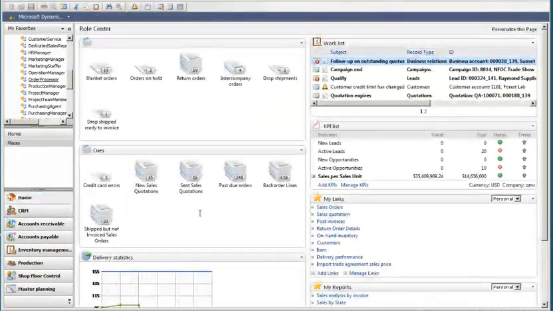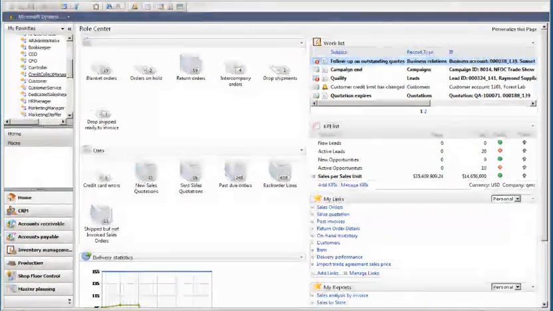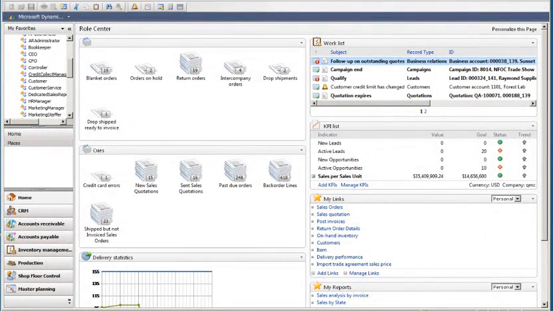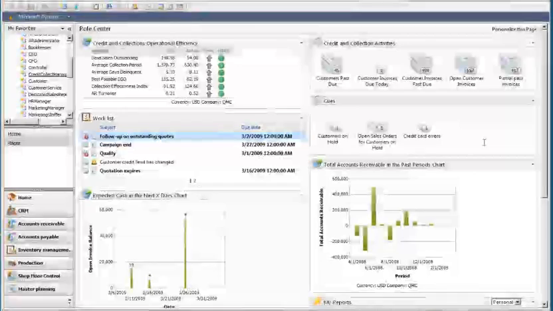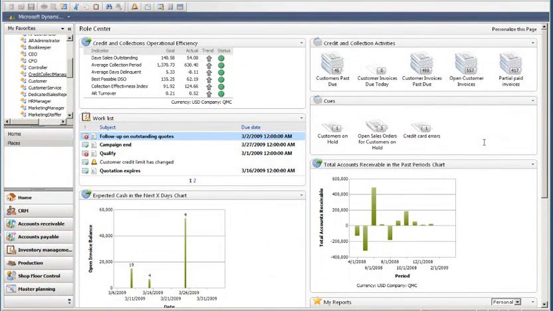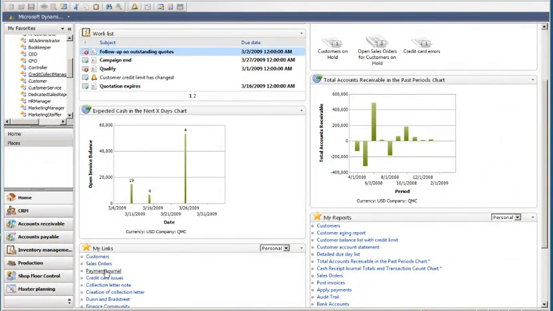So let's return back to our home page. So we'll put on our accounts receivable role page. So in this scenario, we received some checks in the mail today, and we need to enter these payments against the customer accounts. So we'll go into our payment journal,